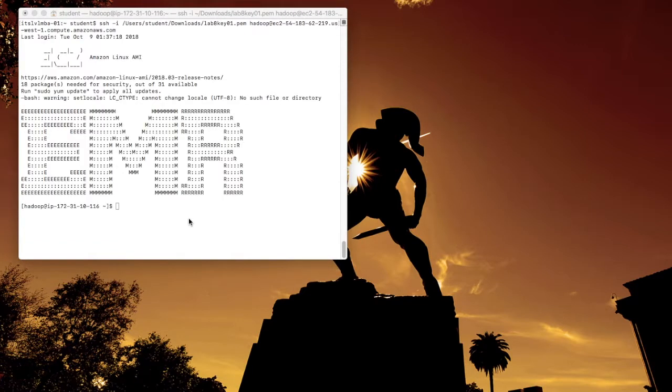Okay. So we have connected to the master node. As you can see the EMR on the terminal. Now we need to test for the part 1. So we need to run the command. The command goes as